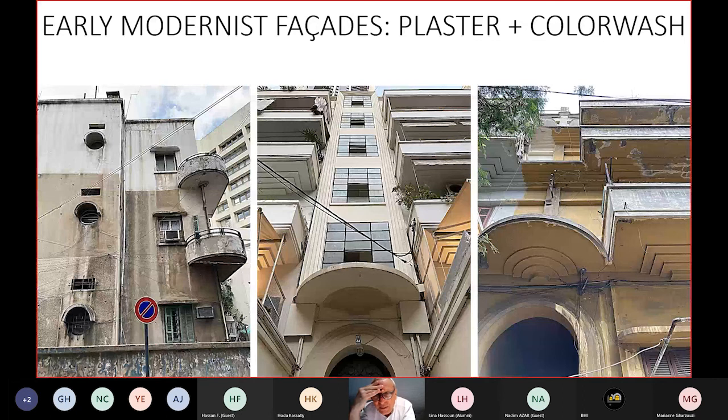Now, the two images you see in the center and to the right look very much the same, probably built by the same engineer. Those buildings had the same gate, the same awning on top of the gate. One, of course, has the central staircase. The other one doesn't show the central staircase, but you see the balconies also with these stepped thicknesses on the bottom of the slab